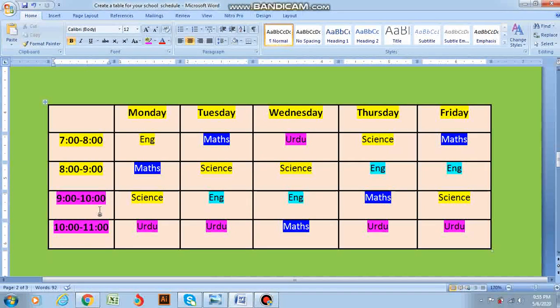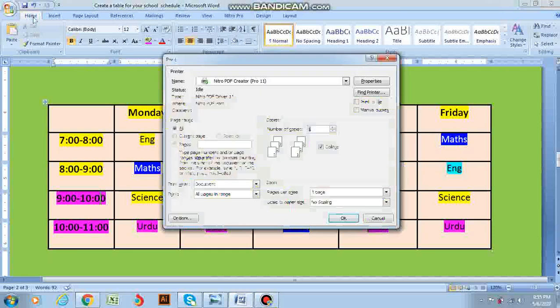Okay, we are not going to do this because most of you do not have a printer at home, but I can just tell you how to print it. What you have to do is press the combination of keys Control plus P, P for parrot, Control plus P. When you press Control plus P, this is the window that appears.